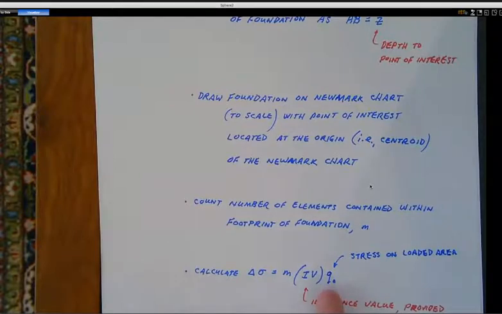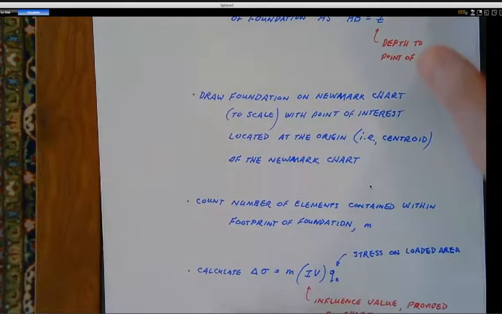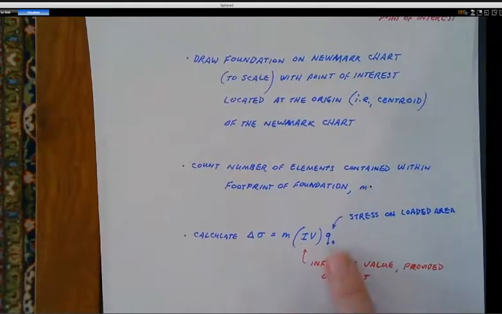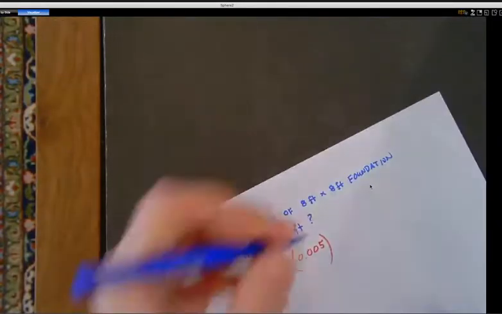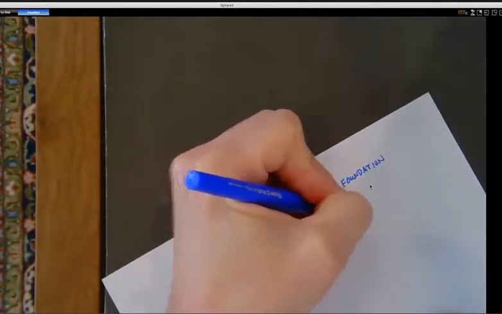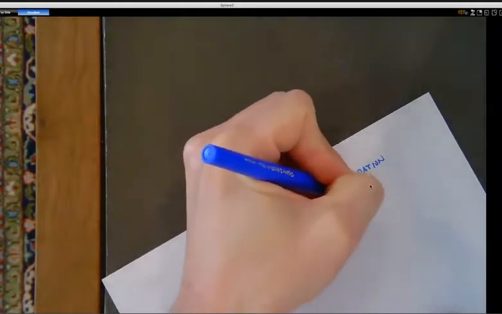So just a fair note on modifying that last line of this page of instruction to include a Q naught term. M times IV times Q naught. And I will add a Q naught to our problem statement just so we do have something we can solve. Just put it in parentheses here, Q naught